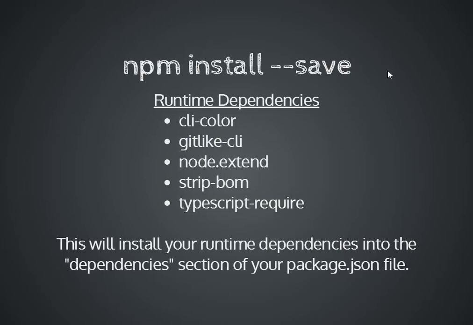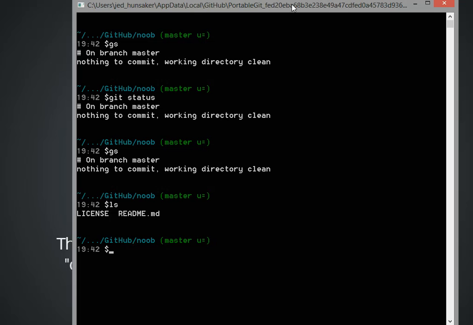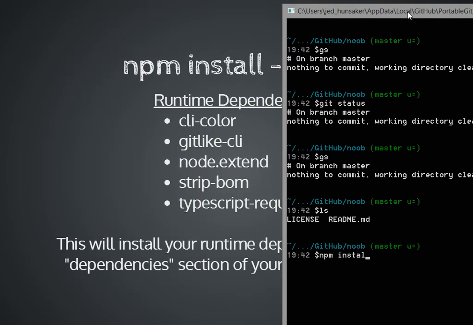So if we want to install some packages for our CLI, it's just been my experience that these packages are really useful for a CLI. So CLI color, first of all, you should probably run this while I'm explaining it to get the leg up. But what you want to do is type npm install --save. I'm doing the shell right now. npm install --save cli-color